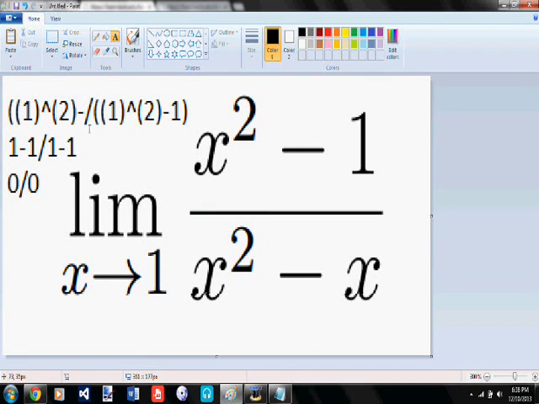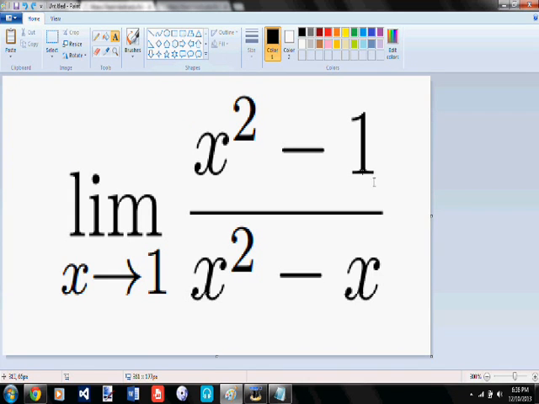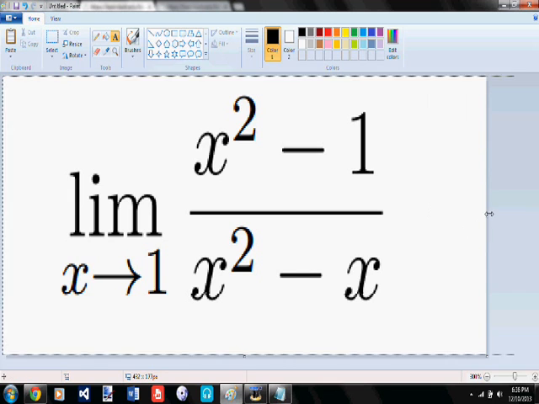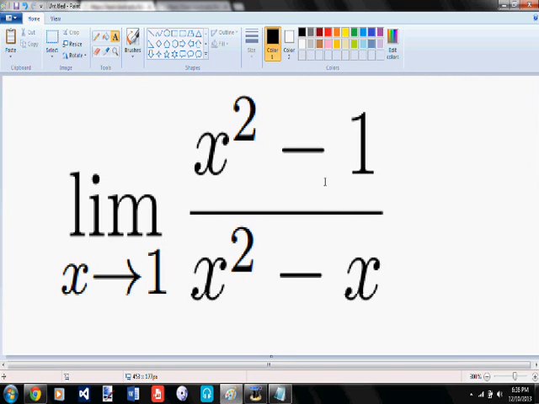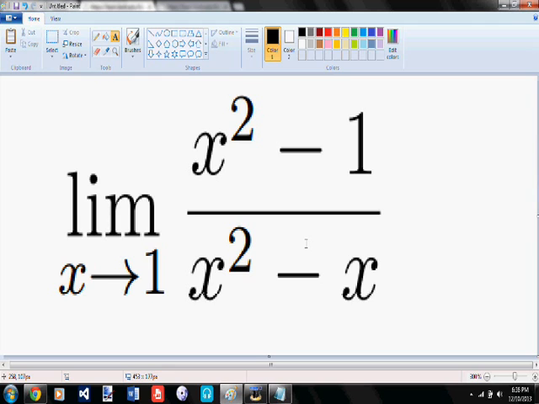Let me get rid of this. No. Go away. There we go. Well, what L'Hopital's rule tells us is we can take this limit here and we can just say this is the same thing as the limit as x goes to 1 of the derivative of this over the derivative of that. So the derivative of the first quantity over the derivative of the bottom quantity. So the top derivative divided by the bottom derivative as the limit goes to 1, or whatever that limit is. It could be 7x, a, whatever. Probably not x, but